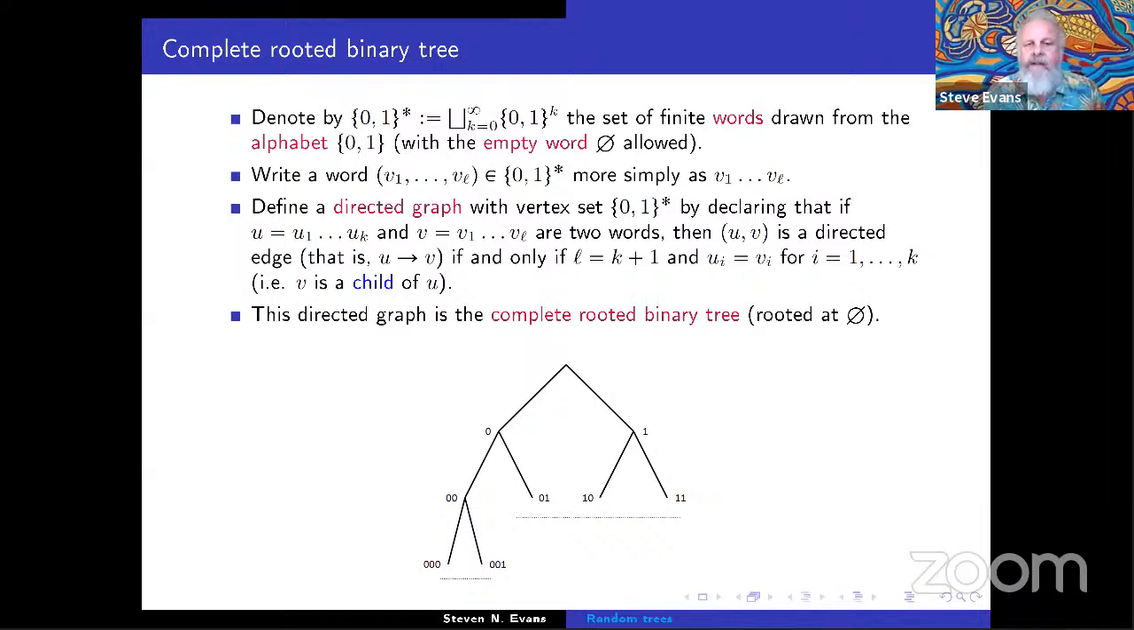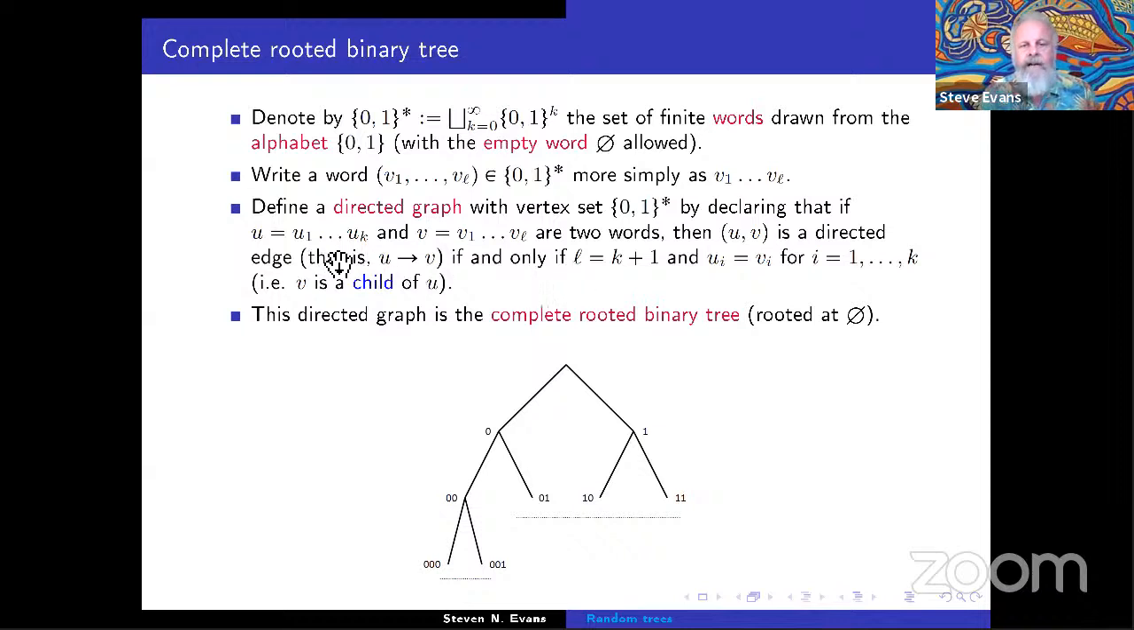And to simplify things, rather than write words as ordered tuples, we'll just write them as lists like that. And then we can think of {0,1}* as an infinite directed graph by putting a directed edge between two words